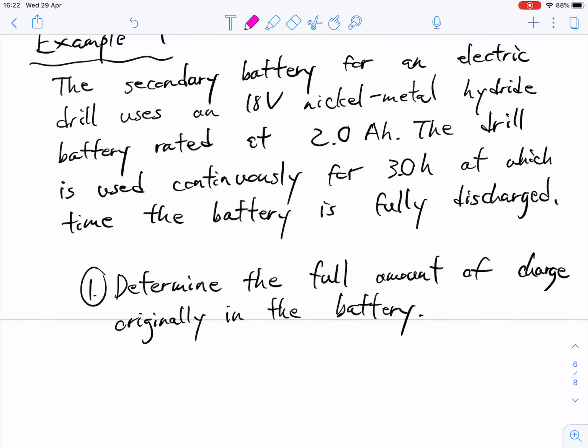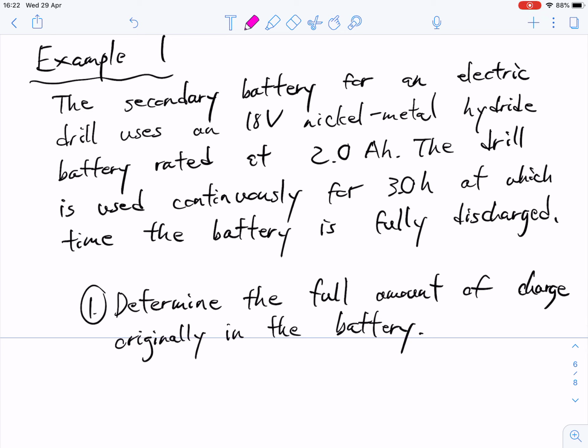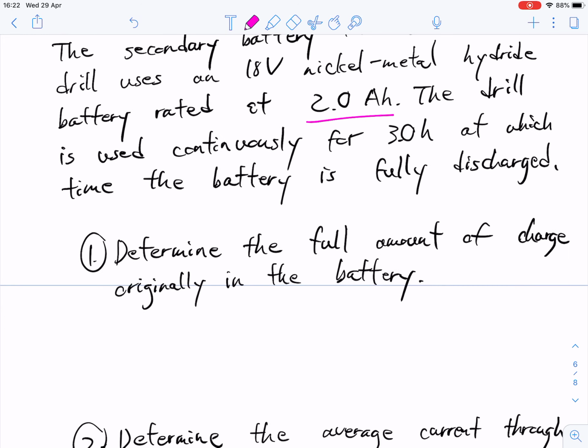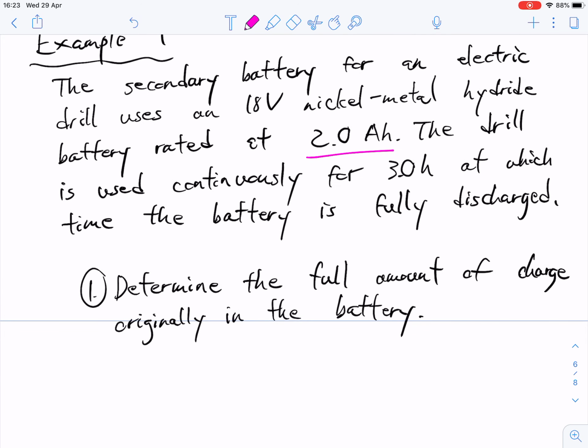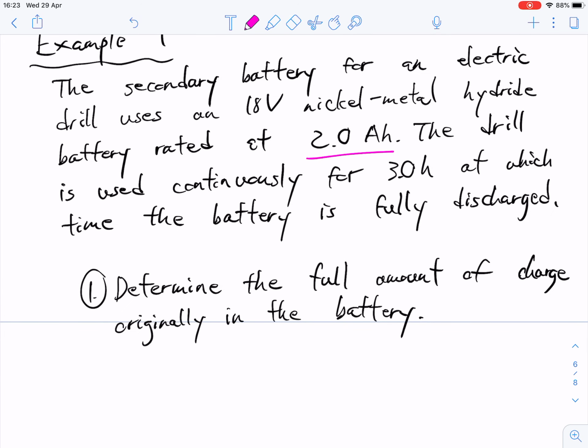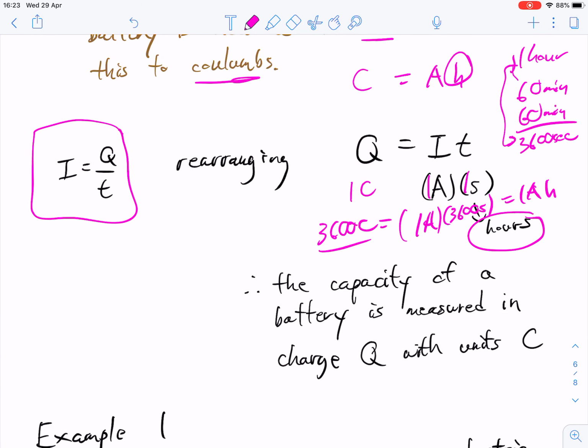Okay, so example number 1: a secondary battery for an electric drill uses an 18 volt nickel metal hydride battery rated at 2 amp hours, and the drill is used continuously for 3 hours, at which time the battery is fully discharged. The first question asks us to determine the full amount of charge originally in the battery. And that is literally just taking our example right here,